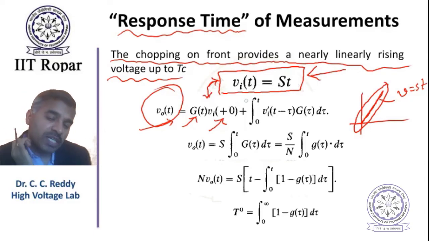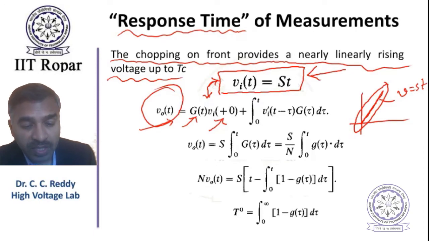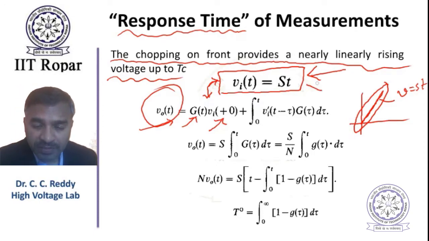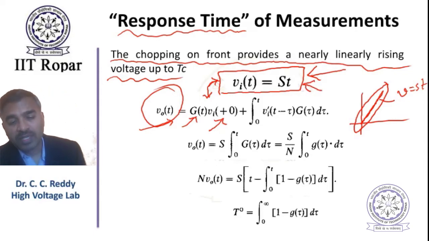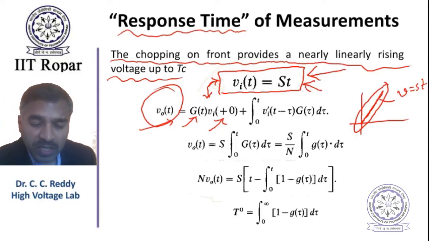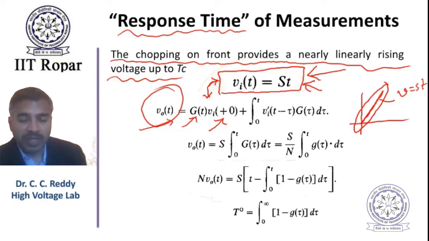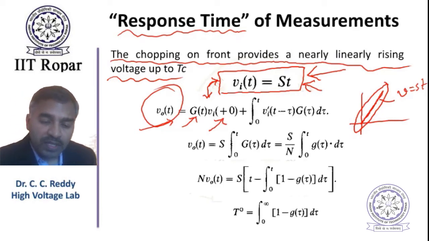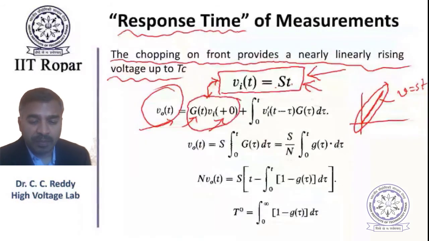There is no delay. Please don't consider the step response; the step response is different. Now here my input is S into t. It starts from 0, and at t equal to 0 plus also it is 0, because I have to multiply by 0 only. S into 0 becomes 0. Therefore, this part of the function is 0. And then plus